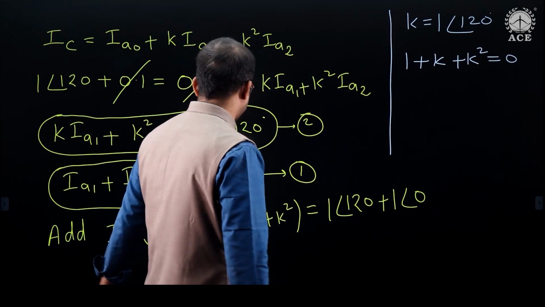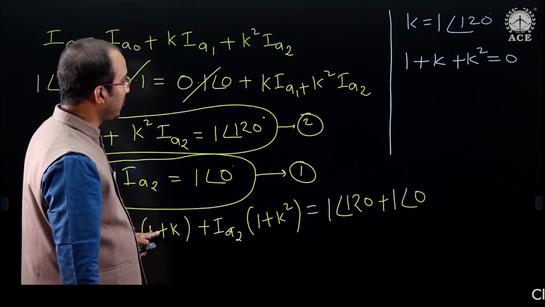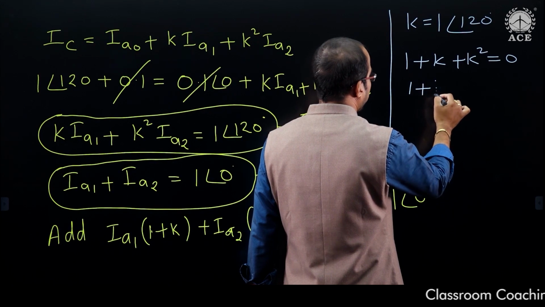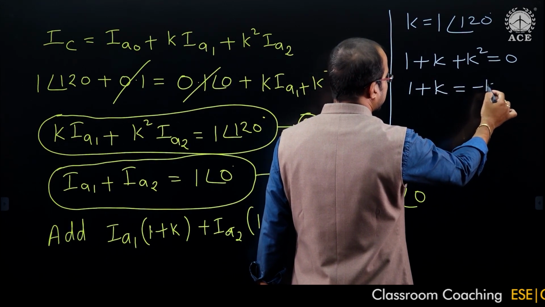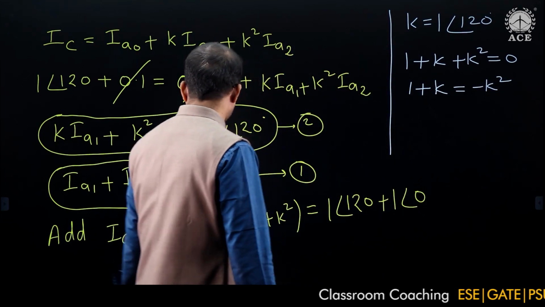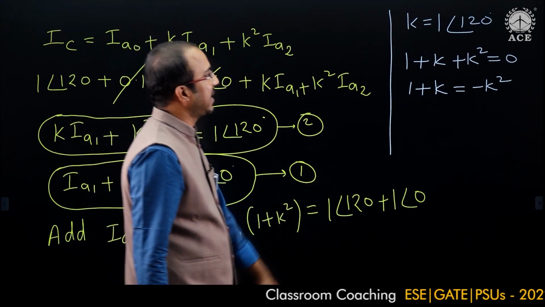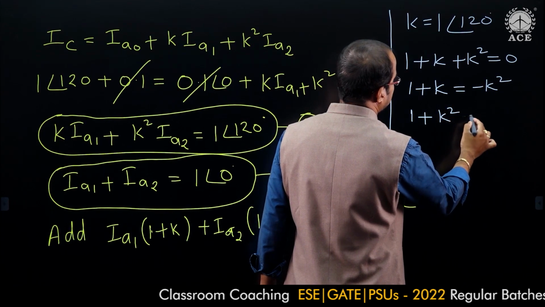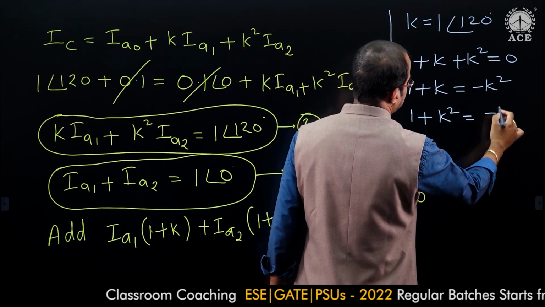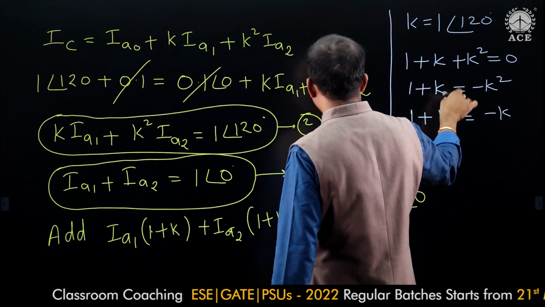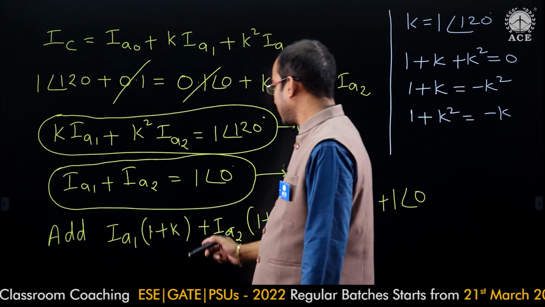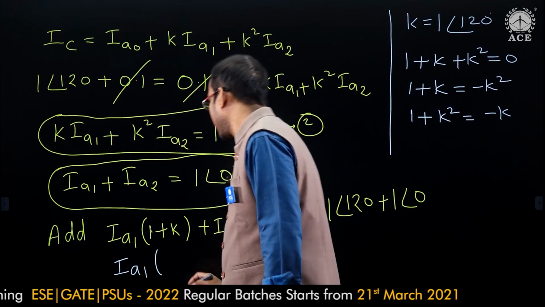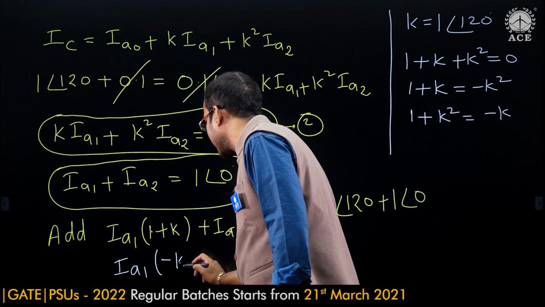From this we can write 1 plus K as minus K square, and 1 plus K square can be written as minus K. So use this result in this expression. We can write IA1 into minus K square